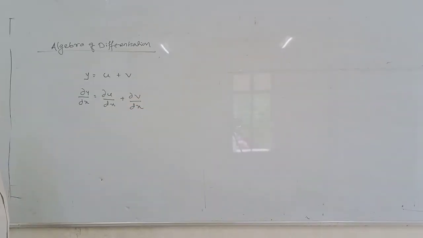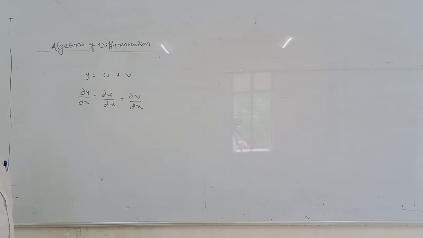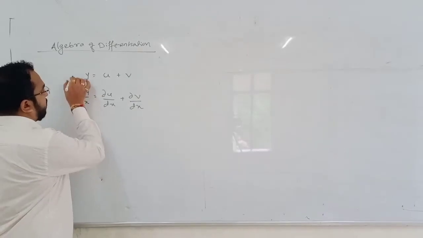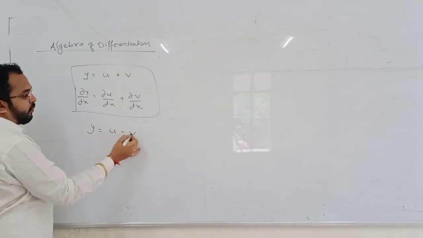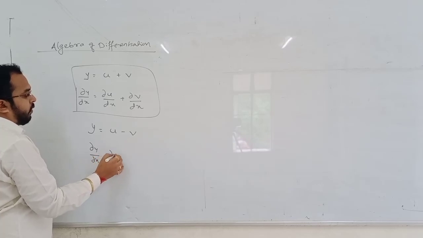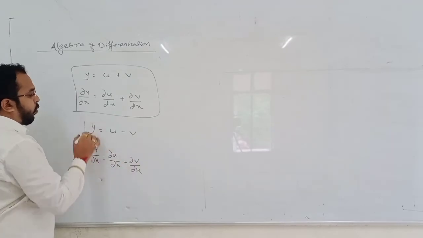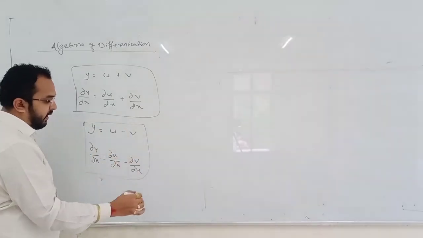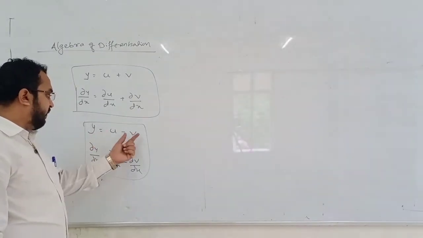Okay, so दोन फंक्शन असतील तर त्याचा डिफरन्शिएशन जर त्याचे समेशन मध्ये असतील, so we can directly differentiate the two terms separately and write the original side. If subtraction is given, y is equal to u minus v, this is the first function, this is the second function, so you can write dy by dx equal to du by dx minus dv by dx. So don't confuse yourself. What is meant by d by dx? These are the differentiations. Differentiation of y, differentiation of u, differentiation of v.